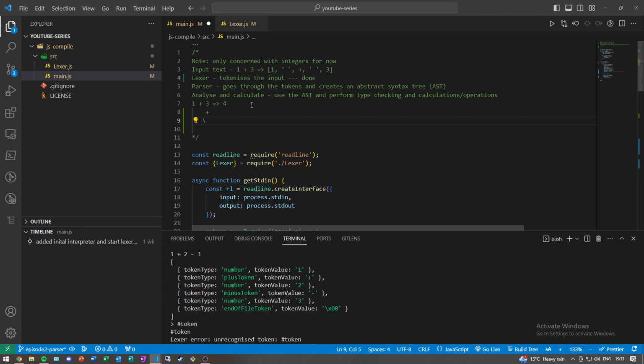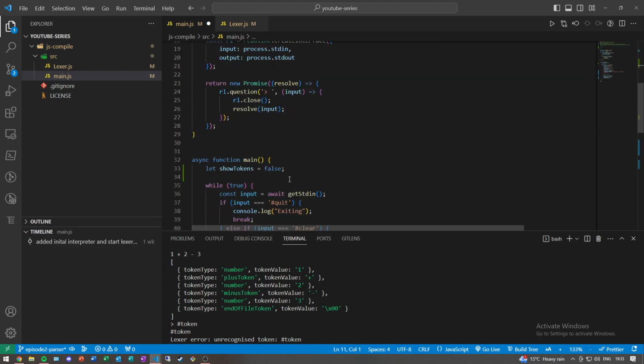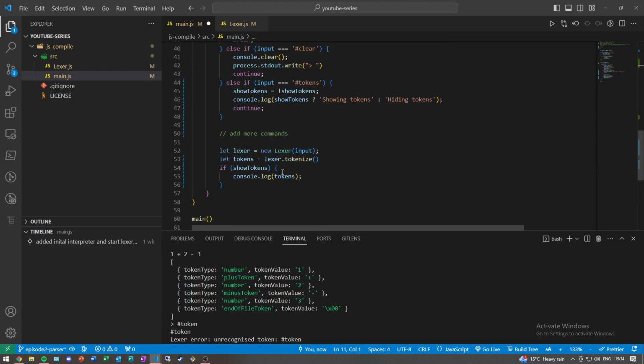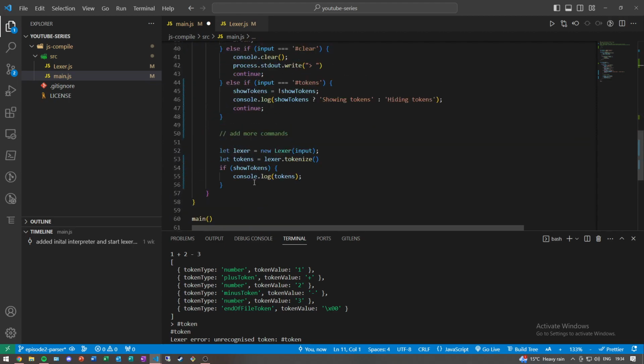Oh god, drawing these is always so painful. Like that. So we need to generate some kind of structure that looks like that, and that's what we're going to focus on this episode, even though we've already spent 10 minutes on trying to improve the Lexer. So anyway,